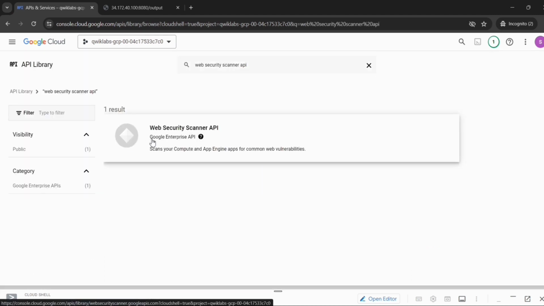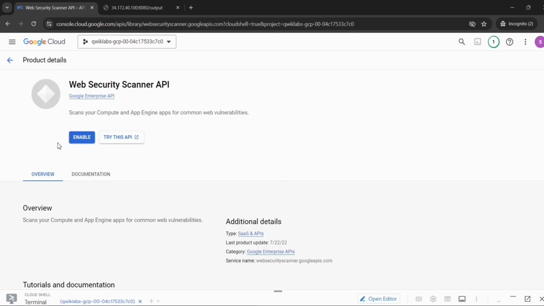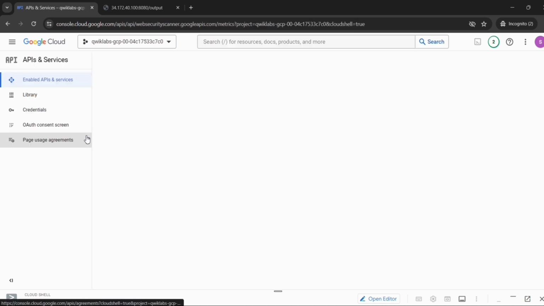Now click on it. Now click on enable to enable this API. Now our Web Security Scanner API has been enabled.